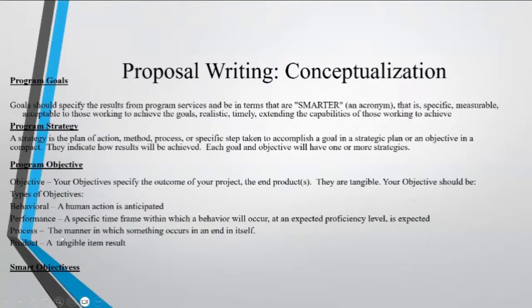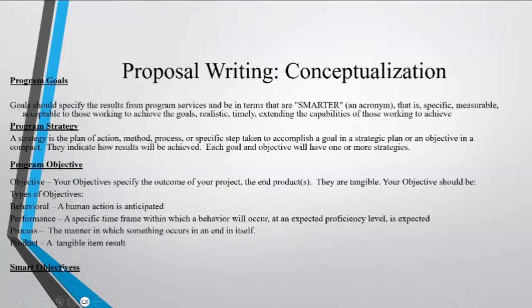Again, the process objective is the manner in which something occurs and in itself results in the end. The process might be that you do A, then you do B, then you do D, for example. The next type of objective is what we call a product objective.